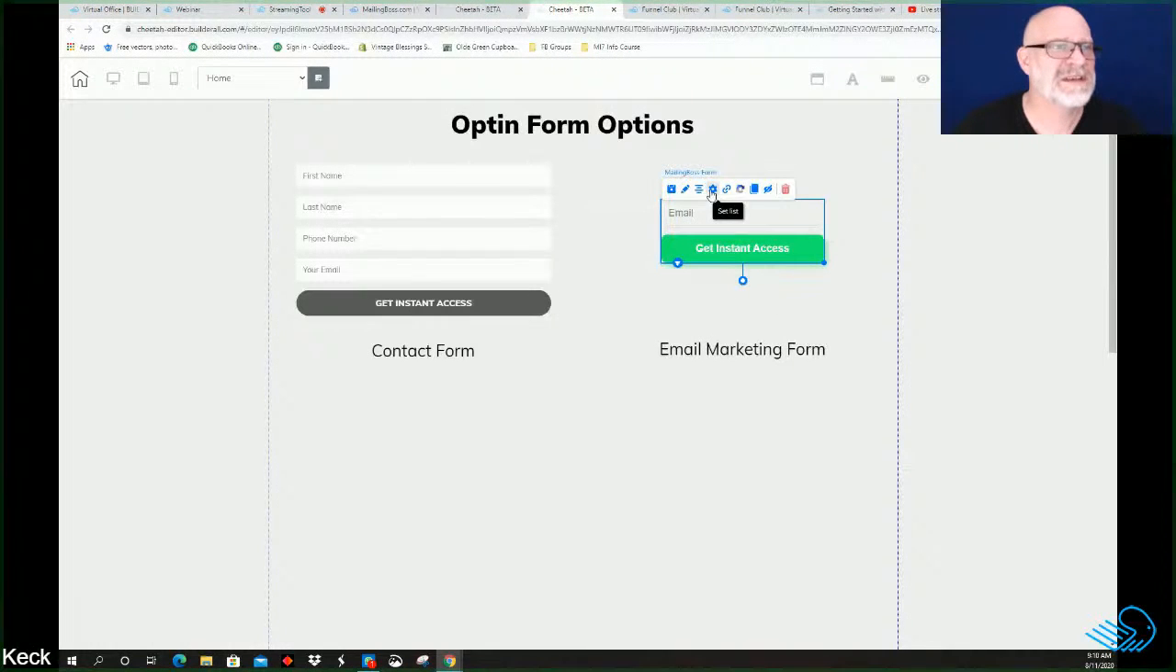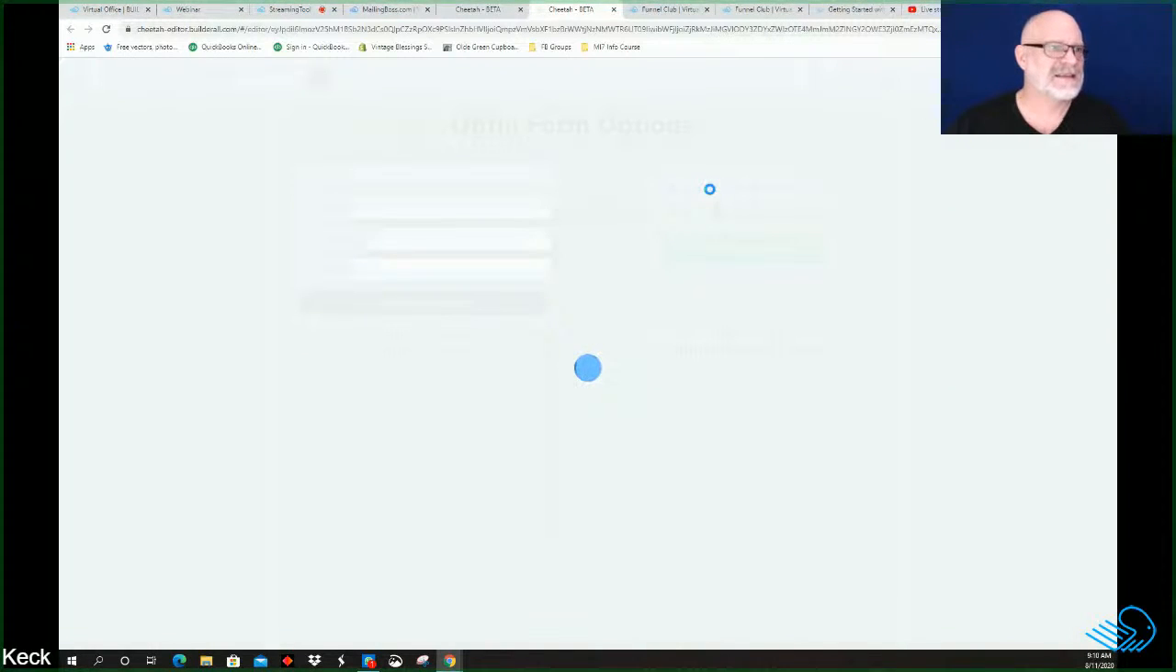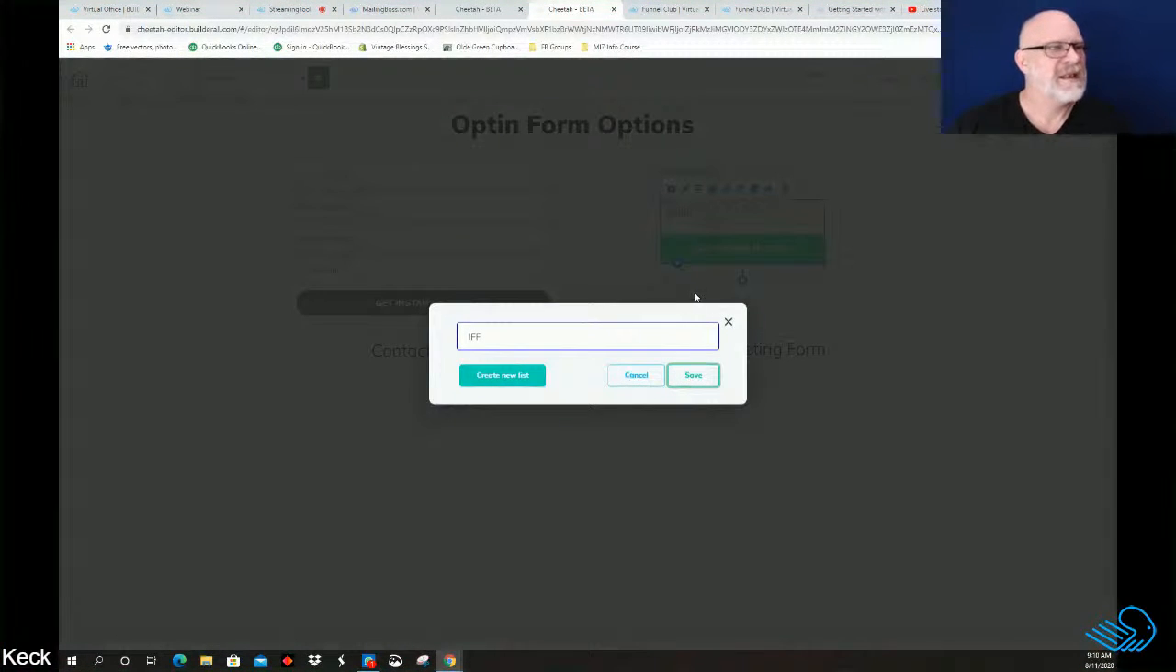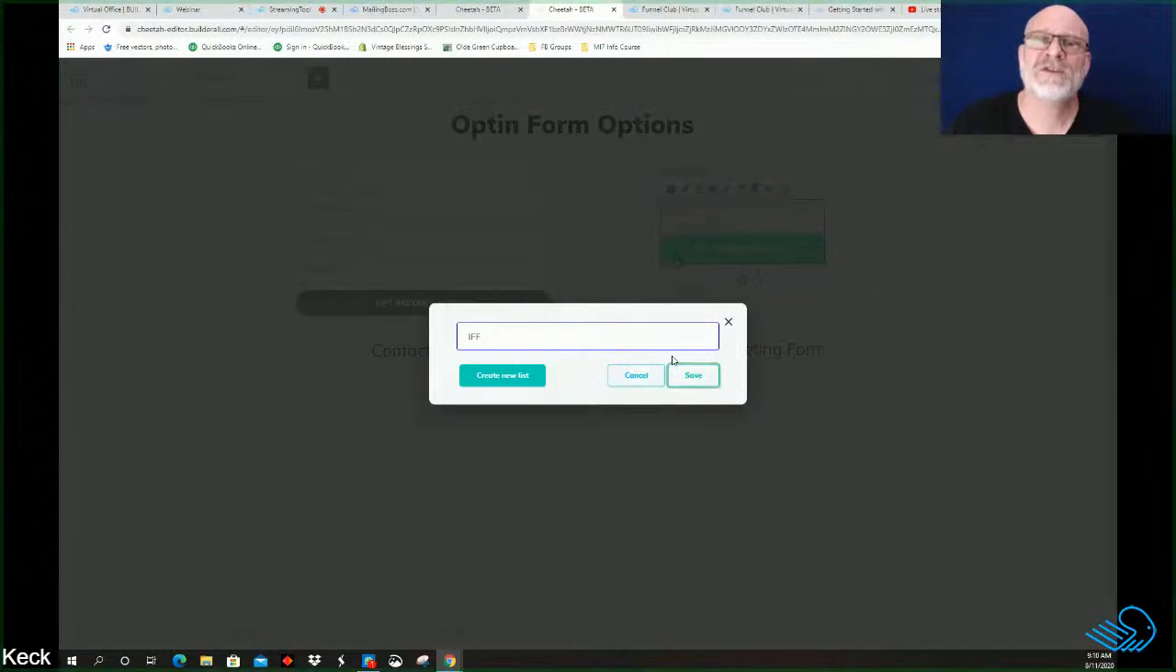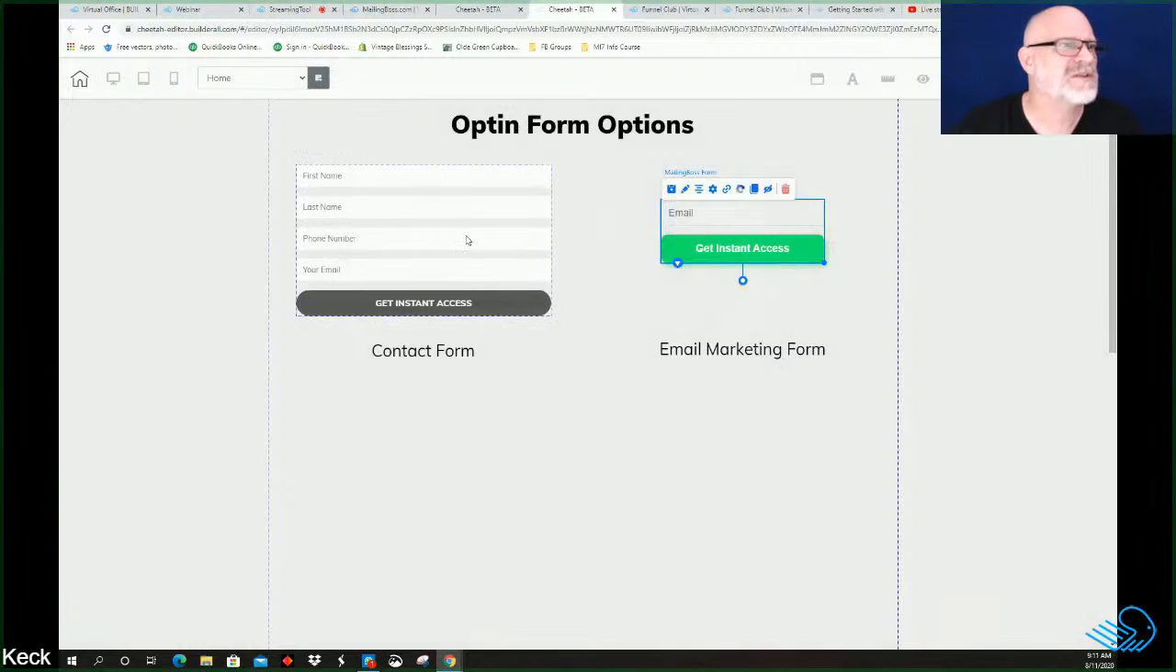Where it comes in different here is when we go to set list. So with set list, all it's going to ask us for is what list in Mailing Boss we want to connect it to, which means you've got to have a list set up already in Mailing Boss in order to connect it to. So I already have one set up here, but I'm just going to remind us what's